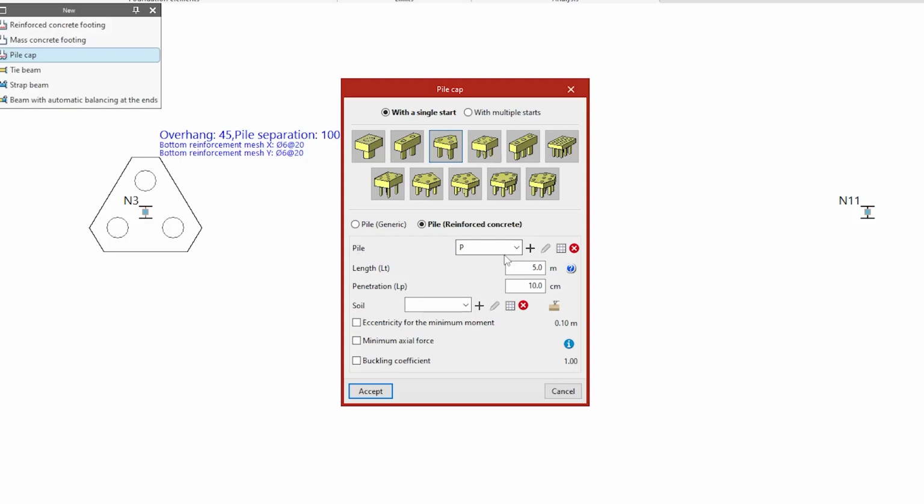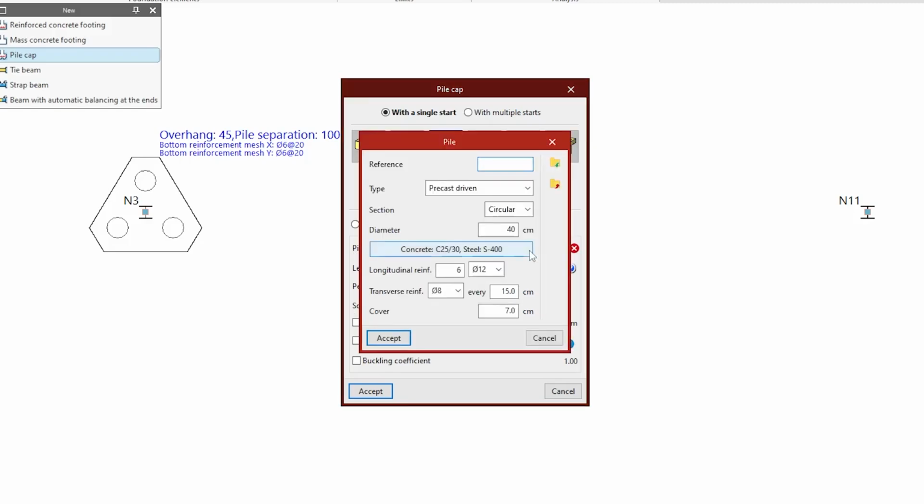So starting with the pile, we click here in New, and we give it a reference, for example, P2. And in this, for advanced analysis, the type of pile, being between precast driven or on-site concrete pouring, is important for the sinking load calculation. So in this case, I'm just going to leave precast driven, selection also circular or square, diameter,